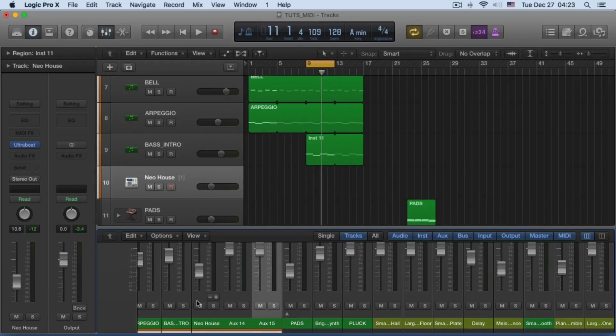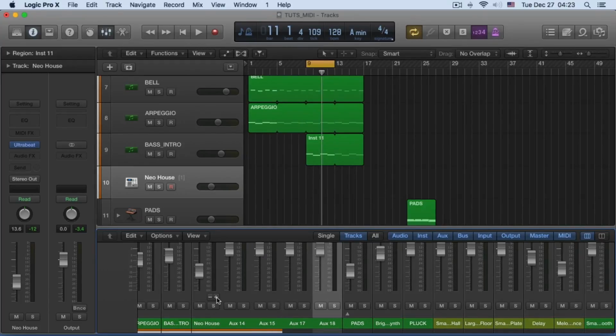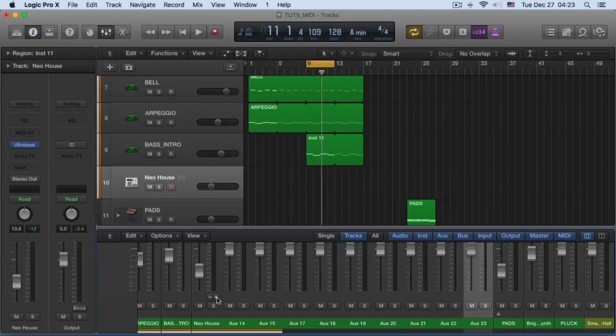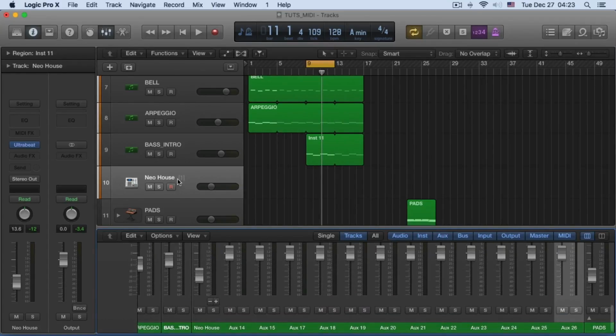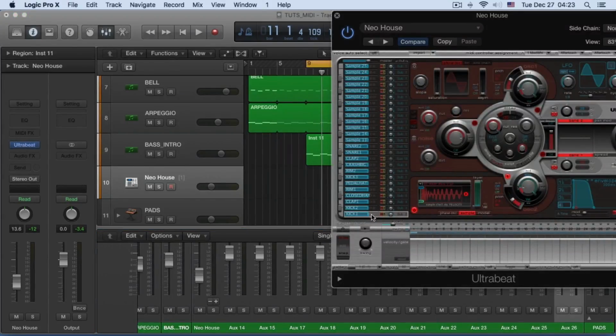So I've made 1 2 3 4 5 6 7 8 9 10 11 12. Now I have got 12 auxiliary tracks, which means I can give the input from where my drum samples are coming from. So if I see Ultrabeat here, if you can see here, my kick, this is the place where the output is going from the Ultrabeat, and we send that output to receive in a separate